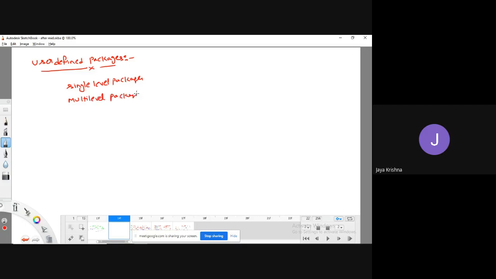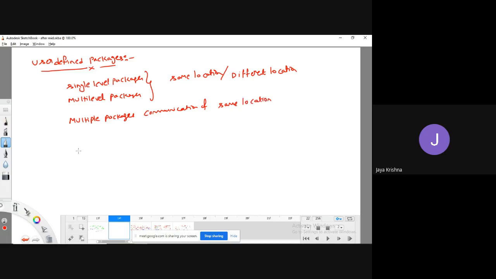which are either in the same location or in different location. And also we have seen the multiple packages which are in the same location. Multiple packages communication of same location. We have seen the example also.